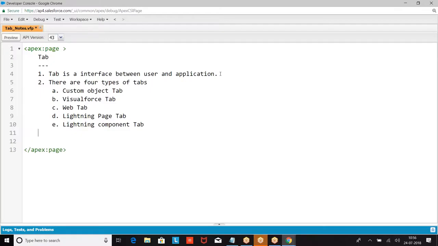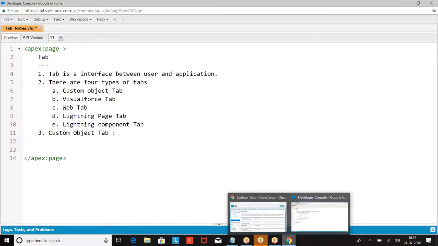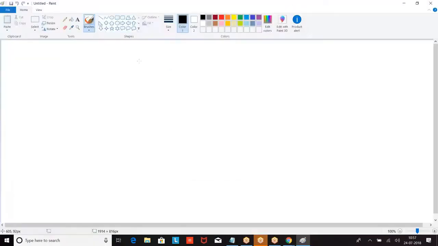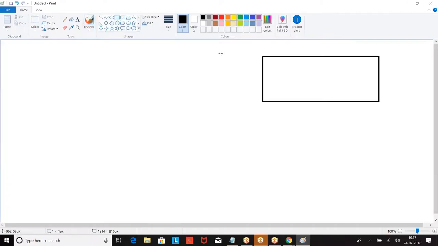Right. Let us start with the custom object tab. When you are looking at this, let us understand the basic structure. Now we have tables here.